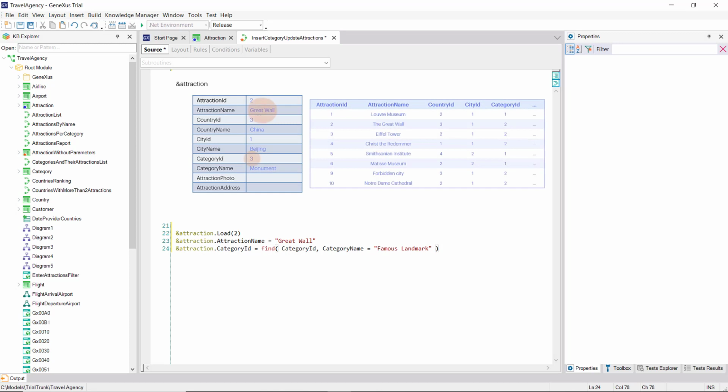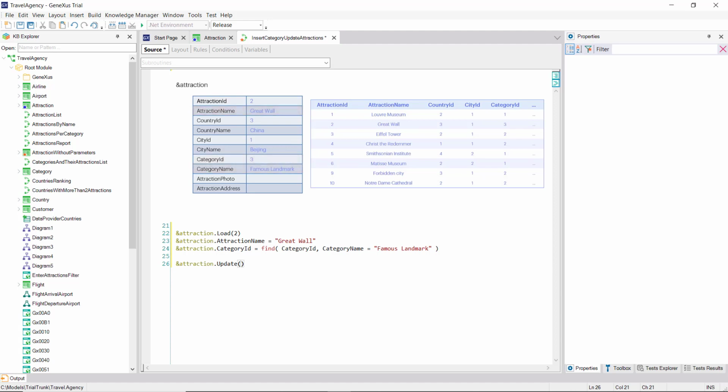All we have to do is have the variable update this data in the table. To do so, we have the update method. When invoking it, exactly as in the transaction, all the rules, formulas, candidate key uniqueness, and referential integrity controls will be run. And if everything went well, the record will be updated in the table. And of course, the variable will be loaded with the current data.